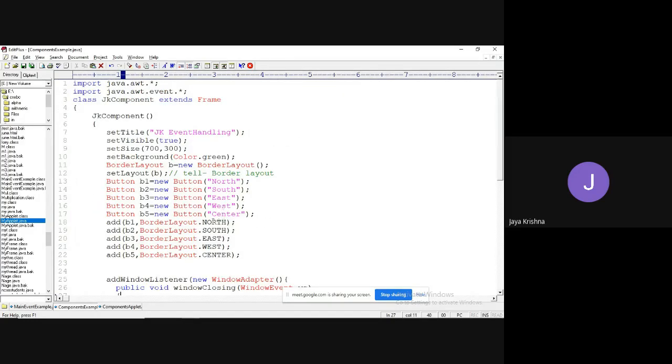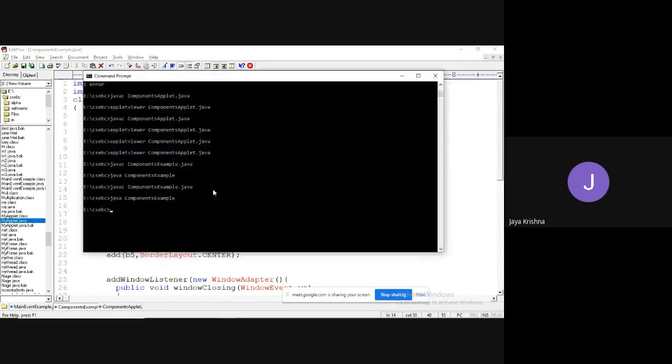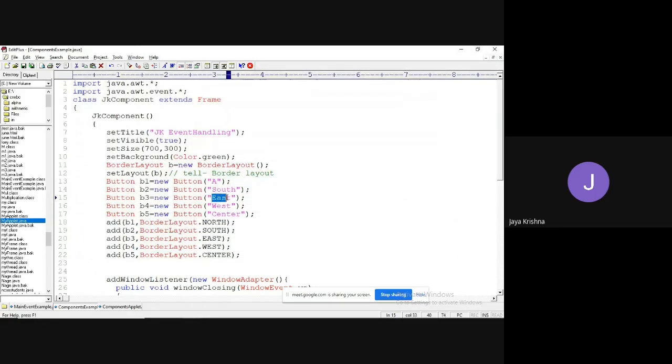Observe, the north button name is A. I would like to make it clockwise: north, then east is B, south is C, and west is E. But that depends.